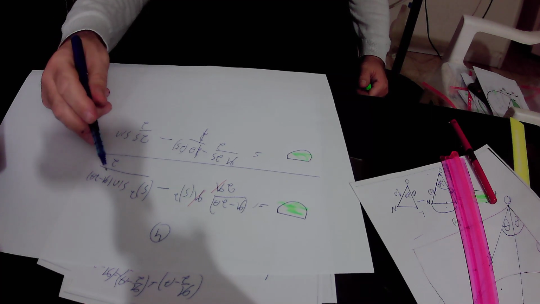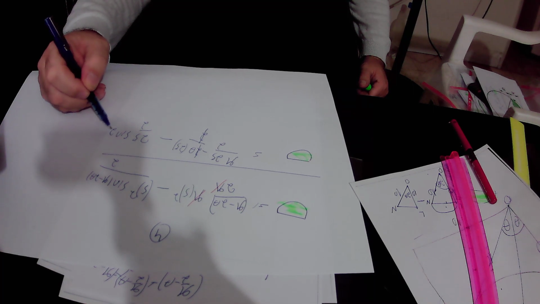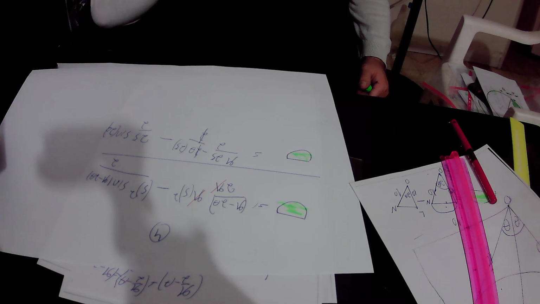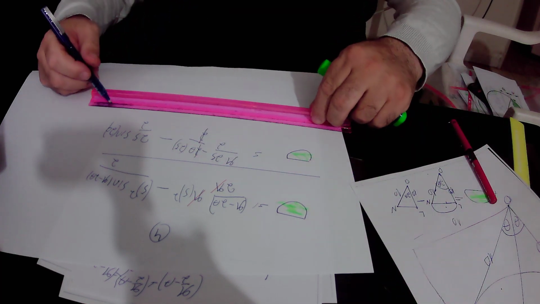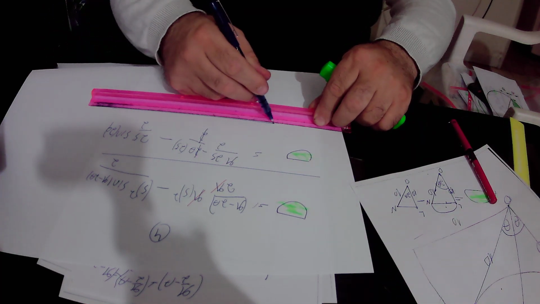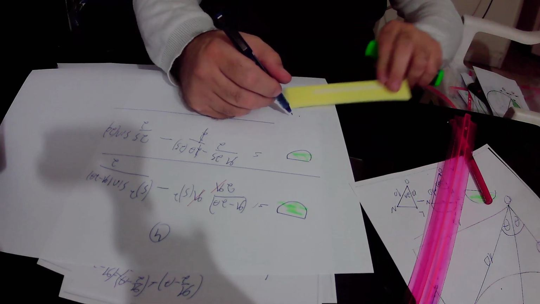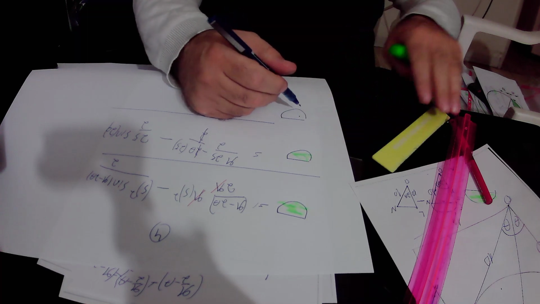So we can substitute sine of pi minus 2 theta by sine of 2 theta. So here we actually found out that the area of the lower circular segment in the big lens equals